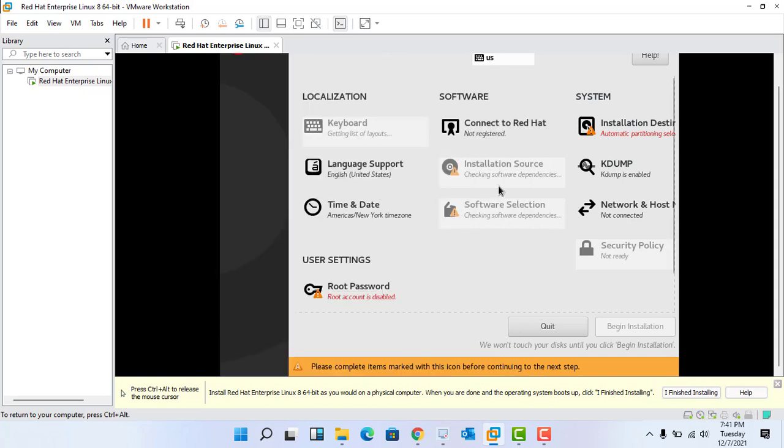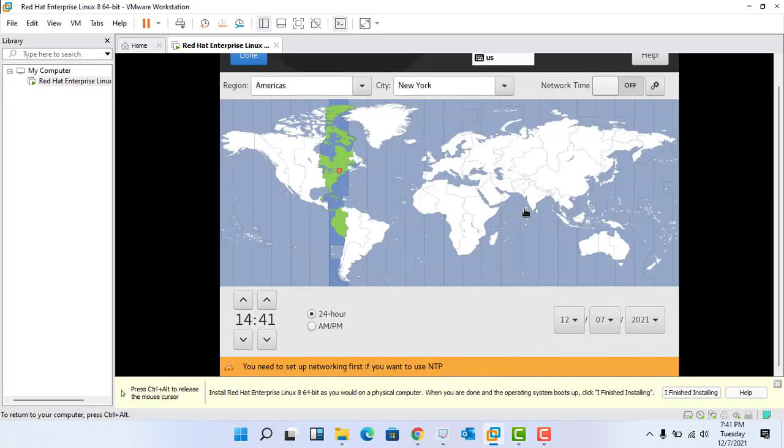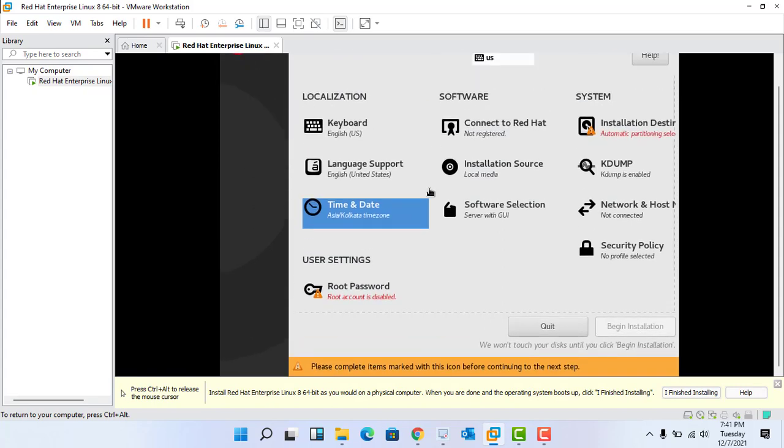Now you can see here keyboard, connect to Red Hat, installation destination, language support, time and date. We have to choose all the options one by one. Now I'm just going to select India, then done.